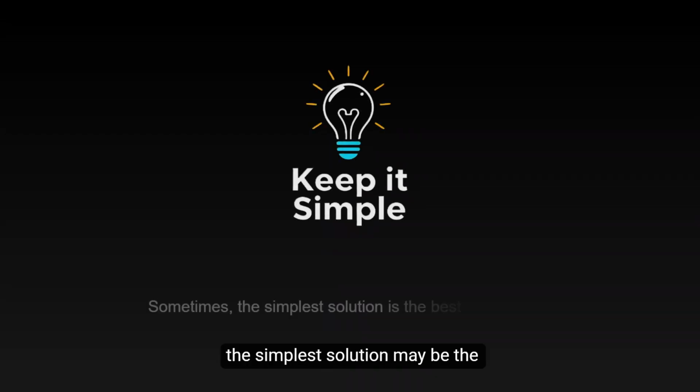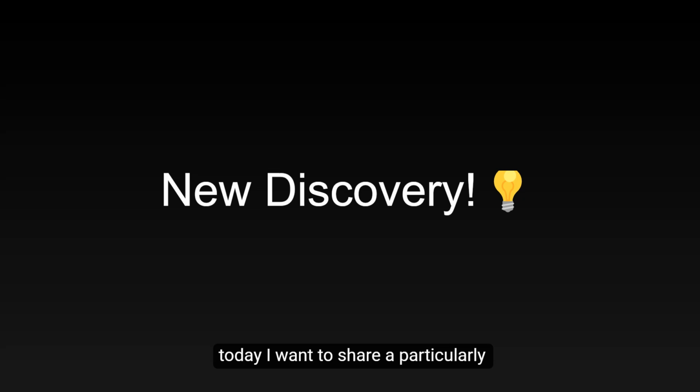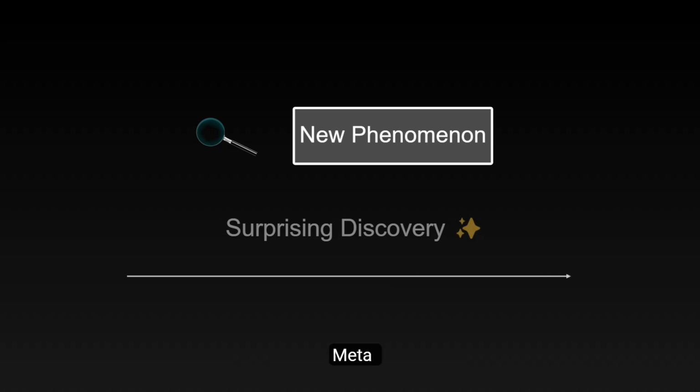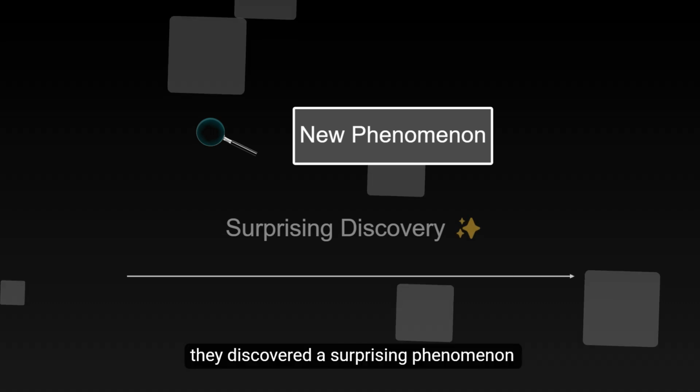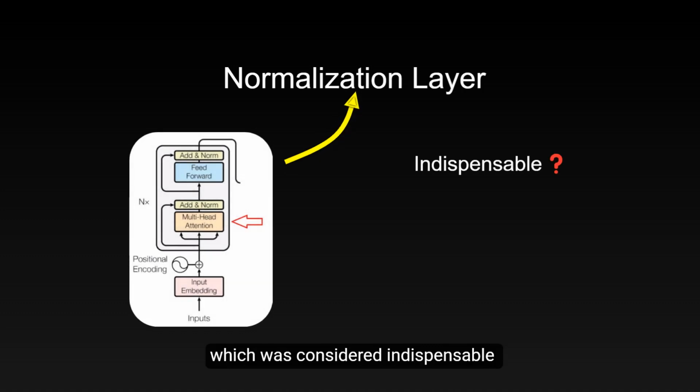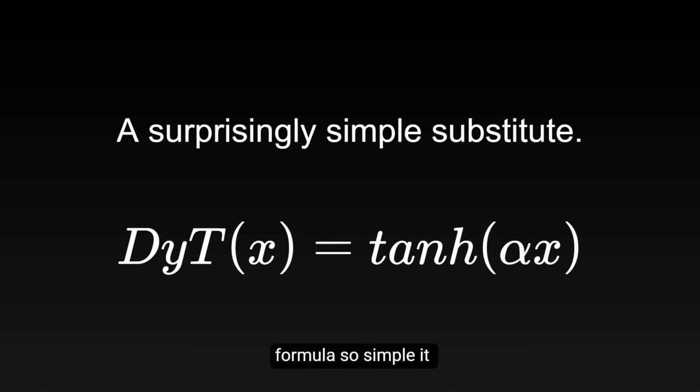Sometimes the simplest solution may be the optimal one. Hello, everyone. Today I want to share a particularly interesting research finding with you. In a recent study published by research teams, including Meta, they discovered a surprising phenomenon. In the transformer architecture, the normalization layer, which was considered indispensable, can actually be replaced by a mathematical formula so